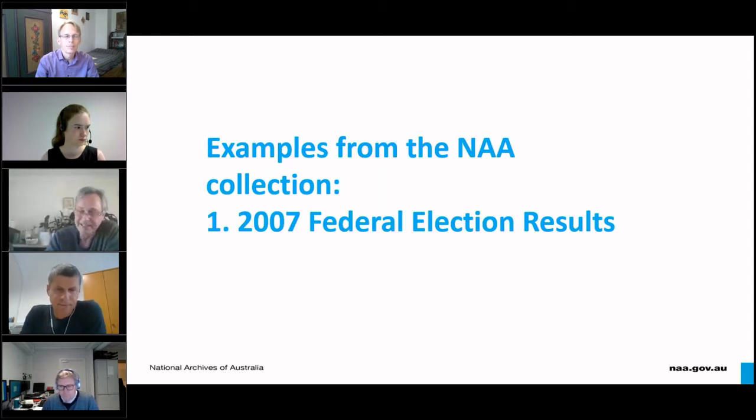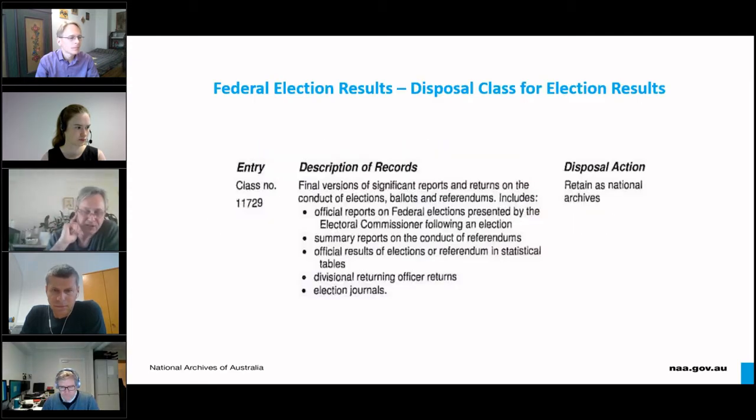so I'm not going to get into trouble for showing a few snips or screenshots of it. So now, the disposal schedule, which in Australia we call a Records Authority, was approved in 2004, and we received this transfer in 2008. And this is the description of the disposal class for the election results. So see the third dot point here, and I hope you can see the slide okay. So it says, third dot point, official results in statistical tables.